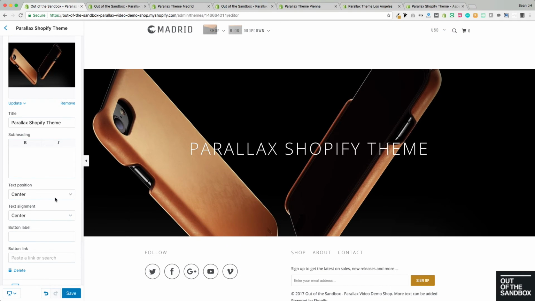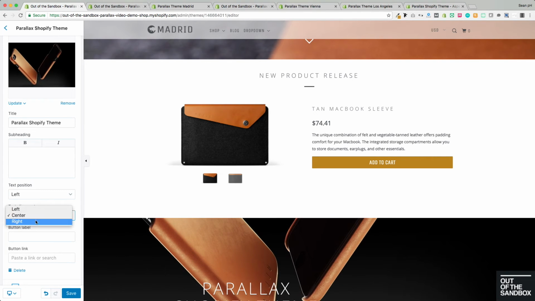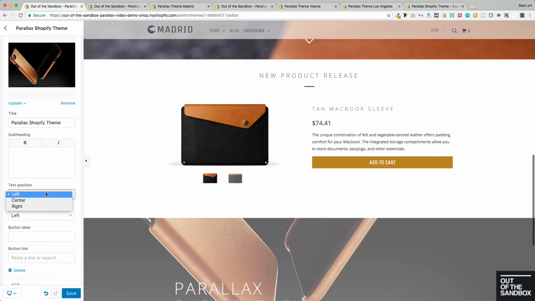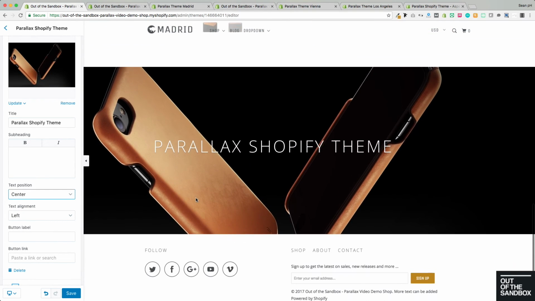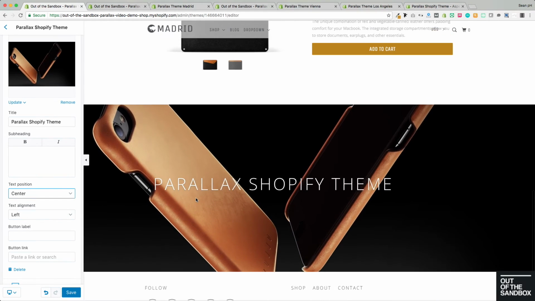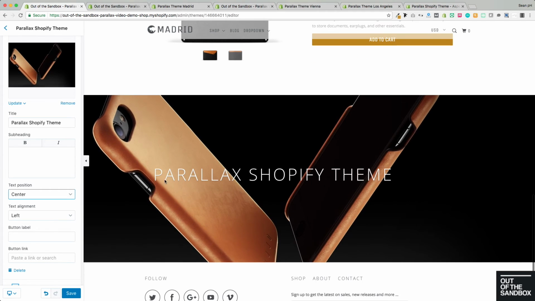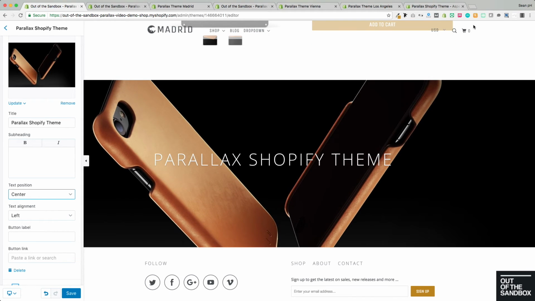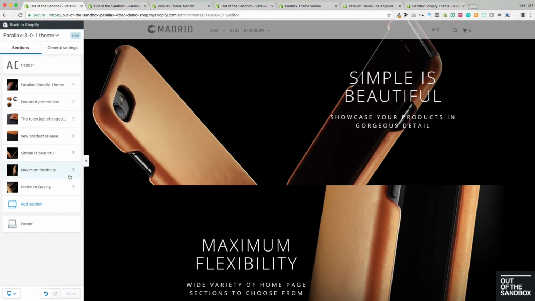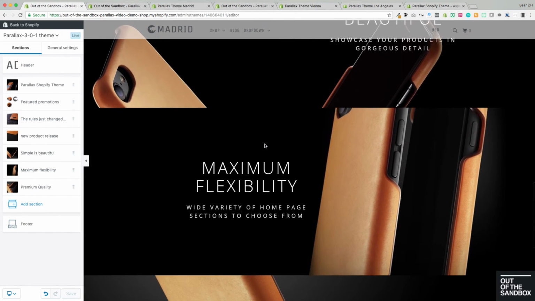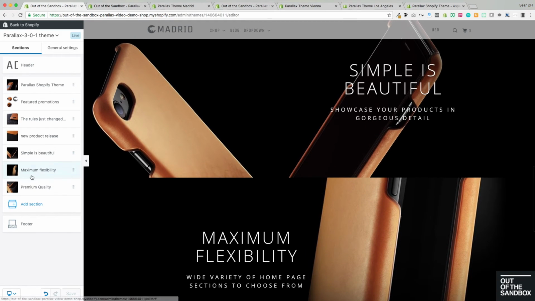You'll see here on the slideshow we can change the position and the alignment of the text as well. So we can play with different combinations of position and alignment. So the next 3 sections are mirror images of this, but with different images and with different text captions. I'm going to go ahead behind the scenes and configure those, and I'll be right back to show you the result. And we're back. So using those same settings, I created 2 more of these full-width parallax style banners,